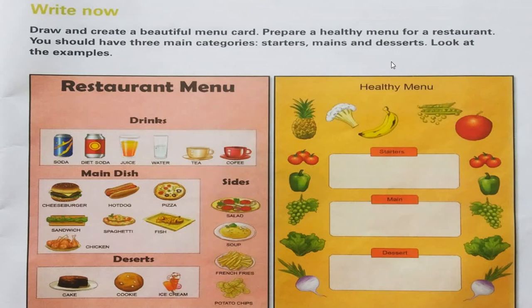Menu, you know, no students? When you go to a restaurant, then a sheet, that means a booklet type, is provided to you by the waiters, isn't it? Where whatever you find in that hotel or restaurant, you find it there. So you'll have to choose one and order for that. That is the menu. Okay.